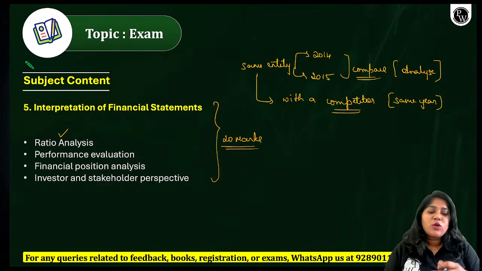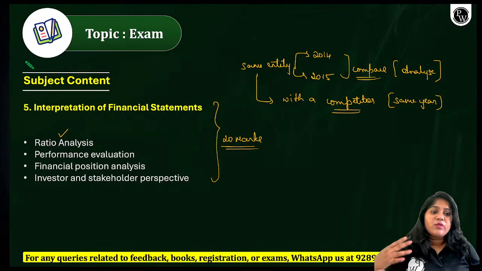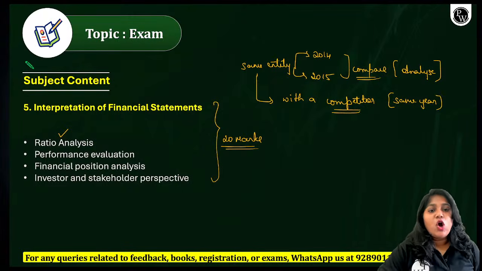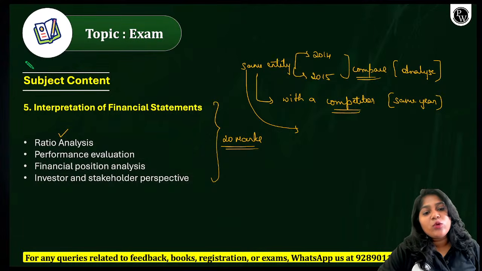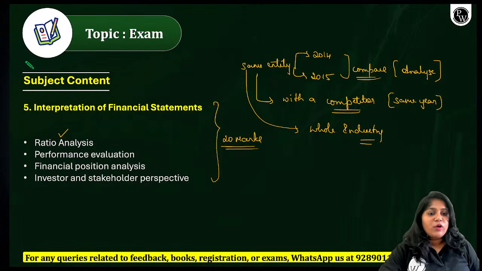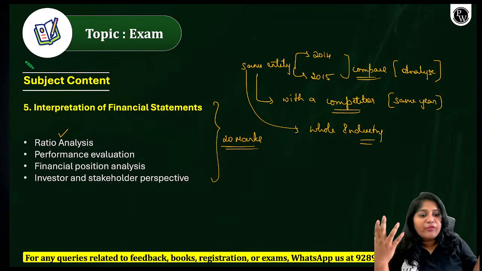That we call as comparison between two different entities versus two other entities in the same year. Or else the same entity with the whole industry. For example, assume that I am Netflix, so I will compare my Netflix performance with the entire OTT platform industry,